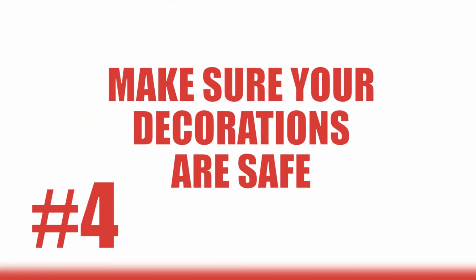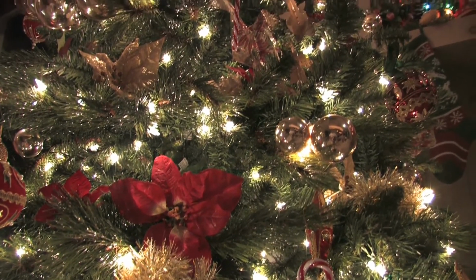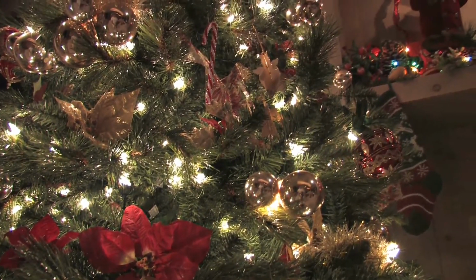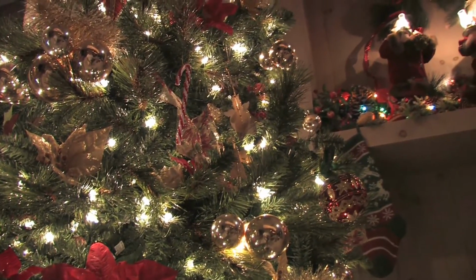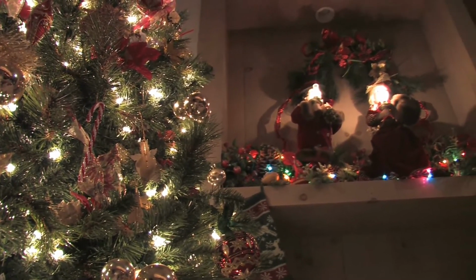All right, so number 4, the Christmas tree. So many of you have a Christmas tradition of getting a Christmas tree, especially a real one, and stringing up lights. If you're like my family, my daughters just go absolutely crazy with the lighting out there. You want to check your lights for splices in the wires. These things get thrown underneath,